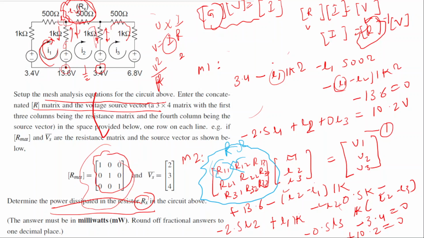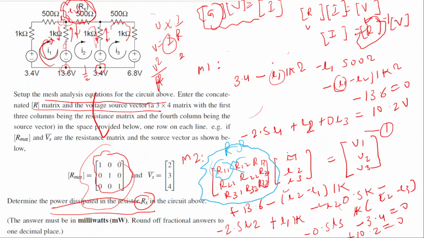So you can write this equation in terms of, suppose I take R1, R2, R3, all the resistances, if I label them, then R1, R11, R12 will come in terms of resistance. But you should not put the resistance as negative. You should always put resistance as positive. The minus sign will be compensated by a change in the current direction or a change in the voltage polarity. In this case, we already know.